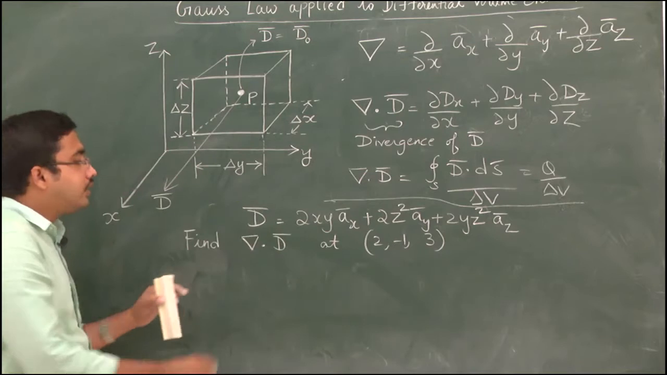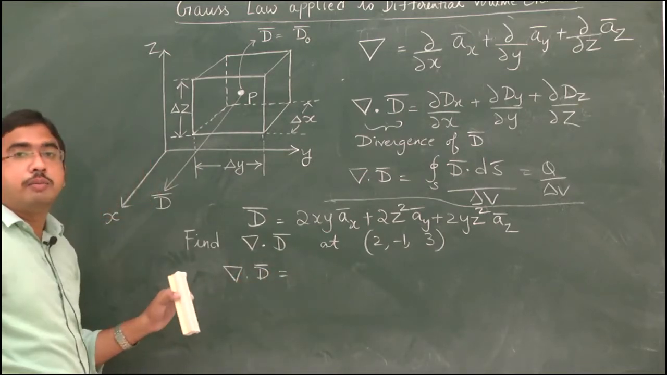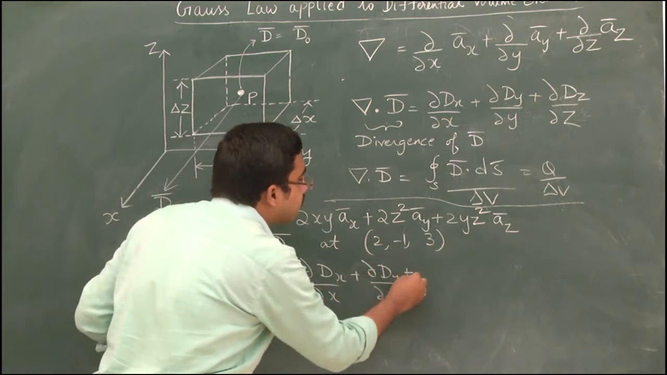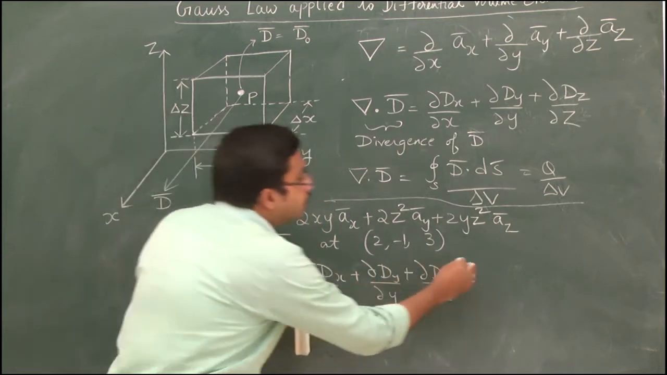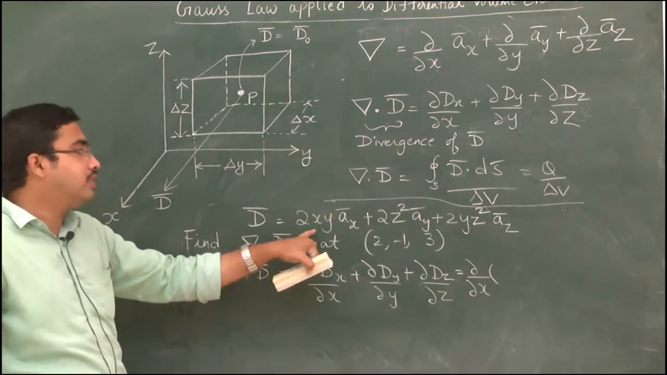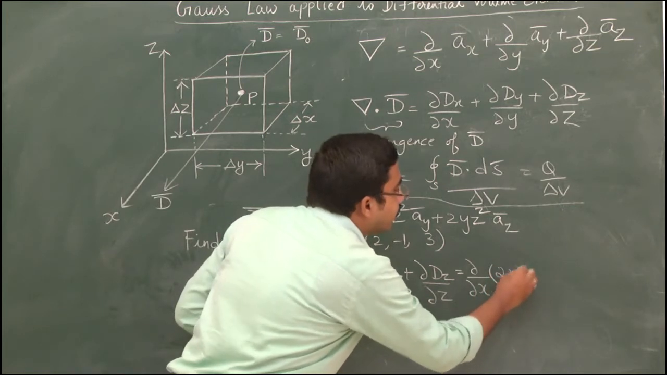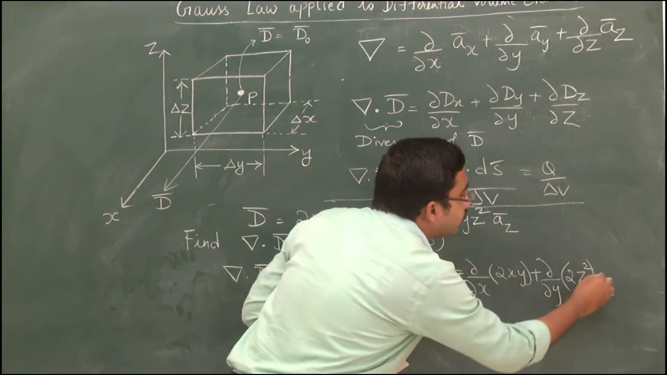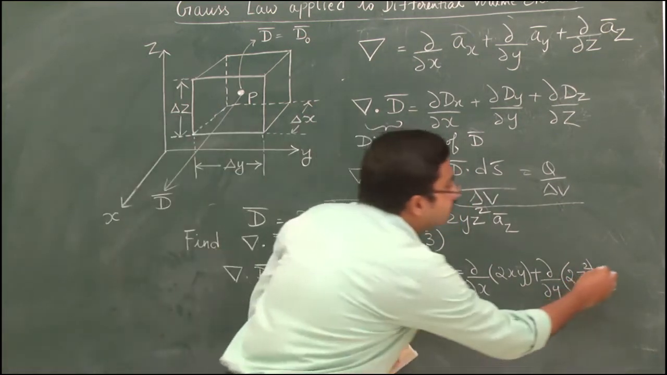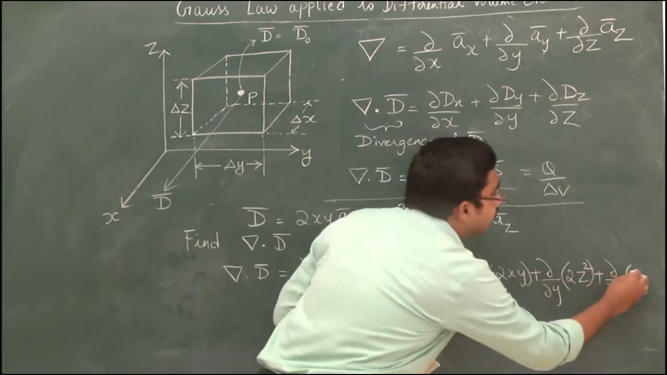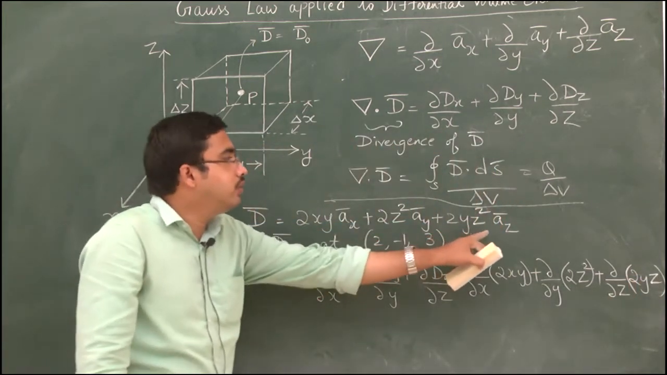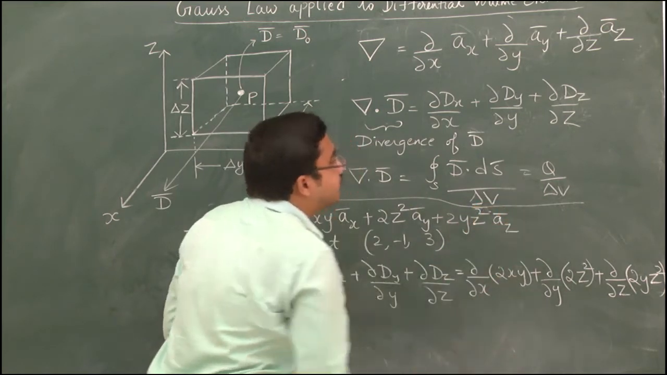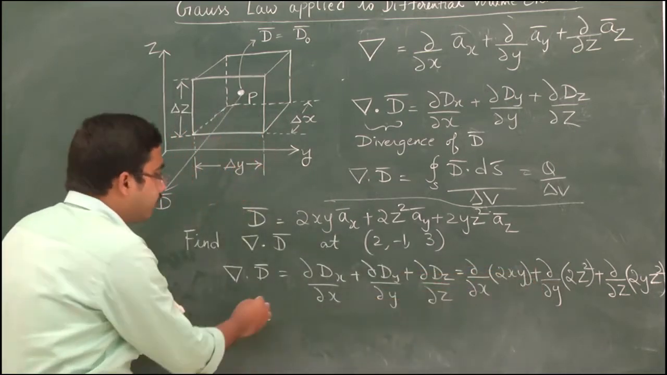Okay, so we already know that del dot D bar is equal to dou Dx by dou x plus dou Dy by dou y plus dou Dz by dou z. That means dou by dou x, partial derivative of the x component that is present in the given function, 2xy, plus dou by dou y of the y component that is present in the function, 2z square, plus the z component that is present in the function is dou by dou z of 2yz square, as I have given z square. Okay, so if you find the partial derivatives of those, you can obtain the final expression for del dot D